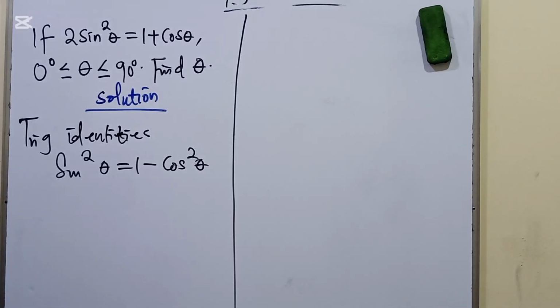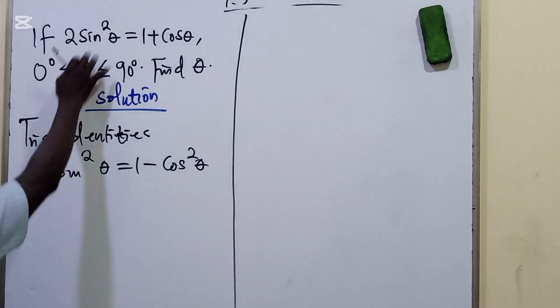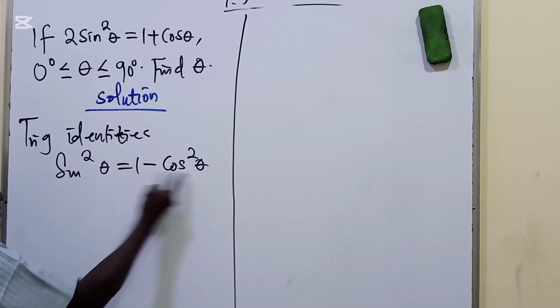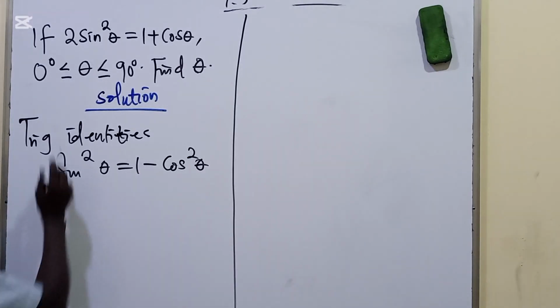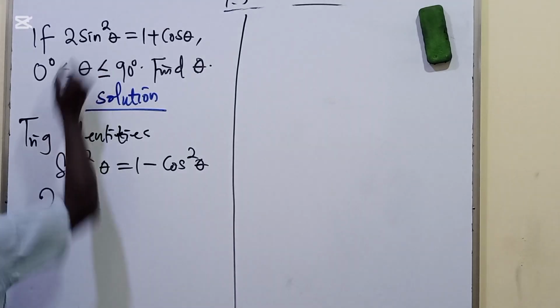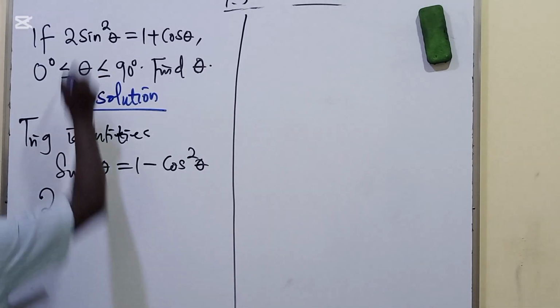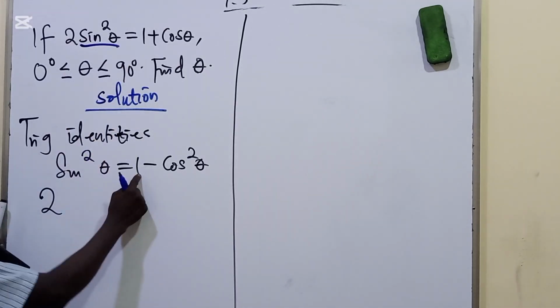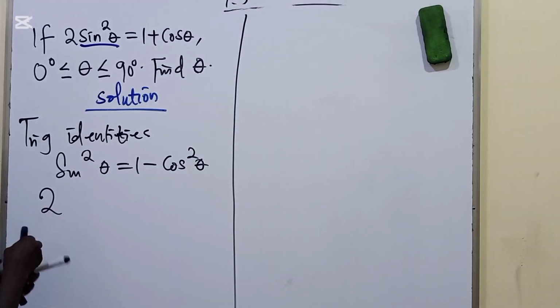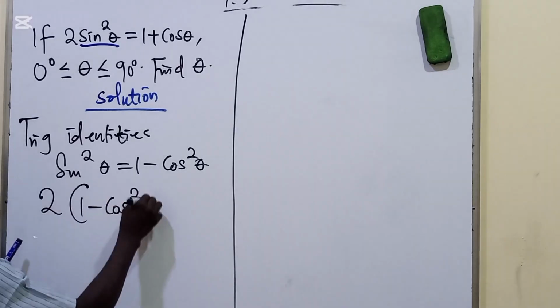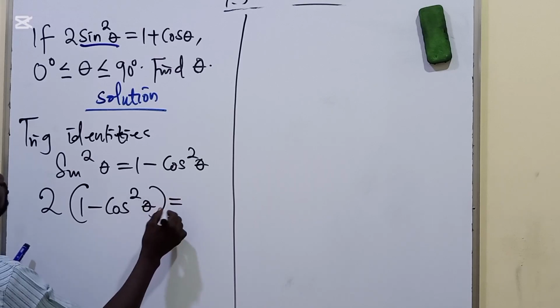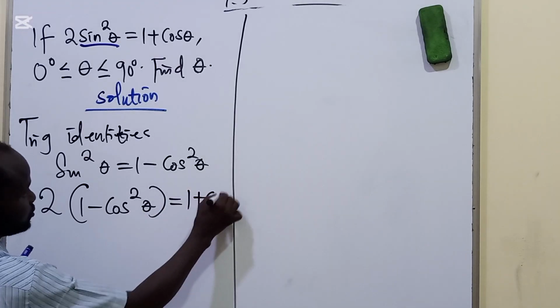Very important identity. So in place of this sine squared theta, we can replace it as 1 minus cos squared theta. The same thing. So we will have 2 times, in place of sine squared theta, 1 minus cos squared theta, which will now be equal to 1 plus cos